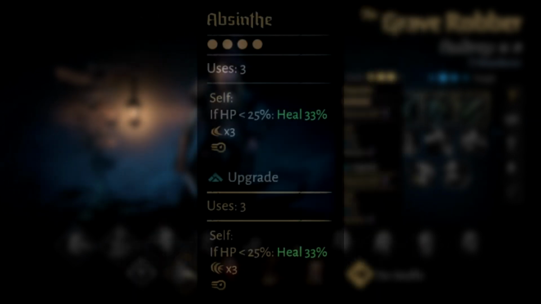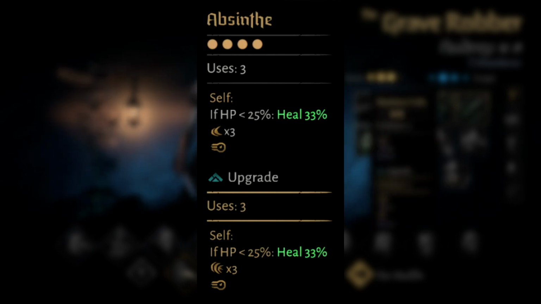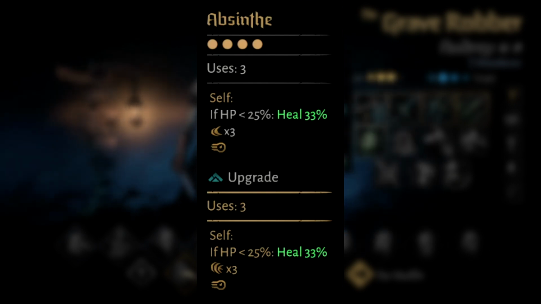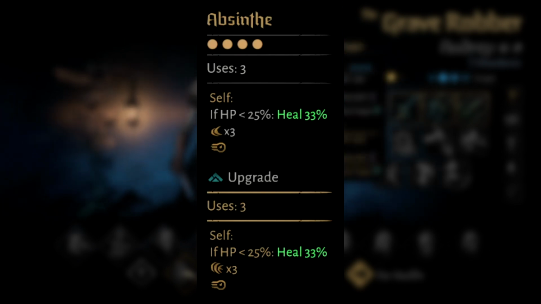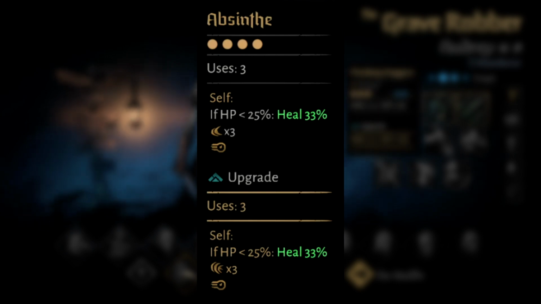The next ability we have here is her self-sustain ability, or one of them at least. This is Absinthe, which is a pretty interesting heal ability in terms of the game. It is a 3-use limited combat ability, which means that it can only be used 3 times per battle. Basically, if her health is below 25% at base, she will heal 33% of her health. But she can use this even if she doesn't meet the health threshold, because she can also get 3